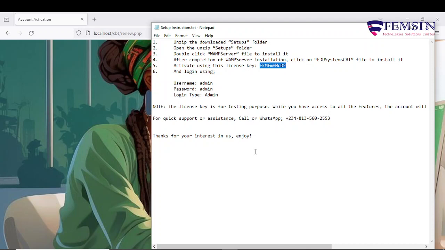It goes for free, but only for schools that are using our school management software. So they have access to our activation code for free for a whole term. So once they renew their online school management software for a term, they get the activation code for the same period. So now that it has been activated,